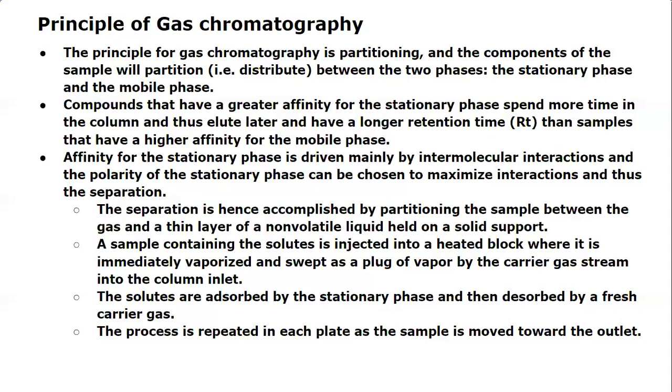So here the affinities of components towards the two different phases are of different extent. Some components show greater affinity towards the stationary phase, so such compounds are retained, or held strongly, by the stationary phase, so they spend more time. That is known as long retention time. The component which has long retention time will be separated slowly, or lastly; it takes more time to elute later. And the component which has greater affinity towards the mobile phase, the carrier gas, will have less retention time, so it will elute or separate first.